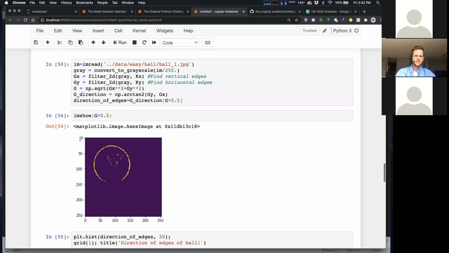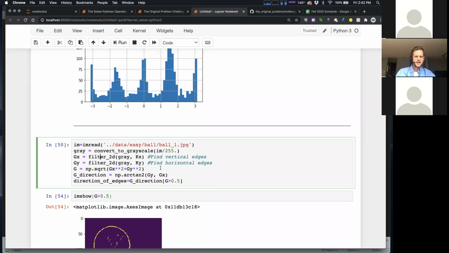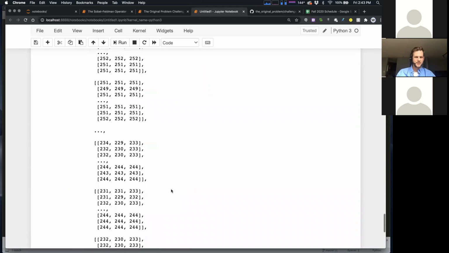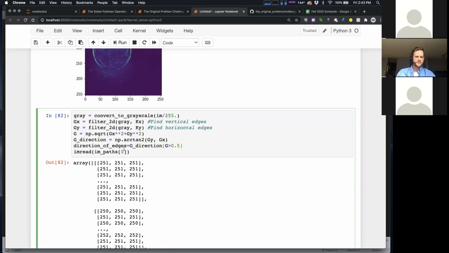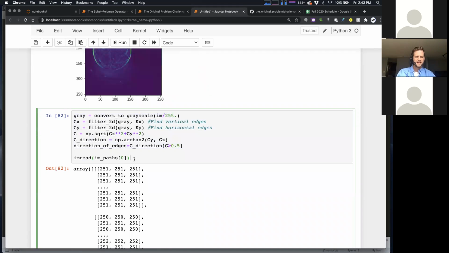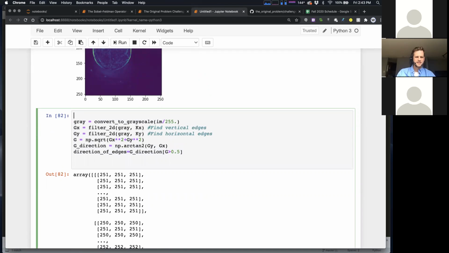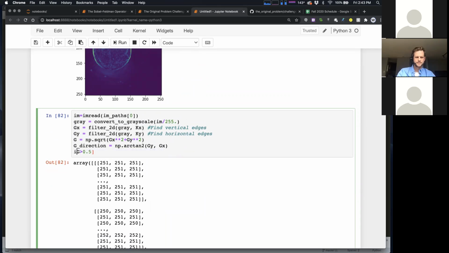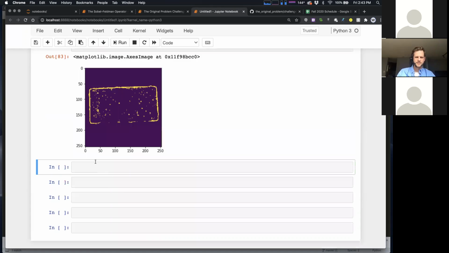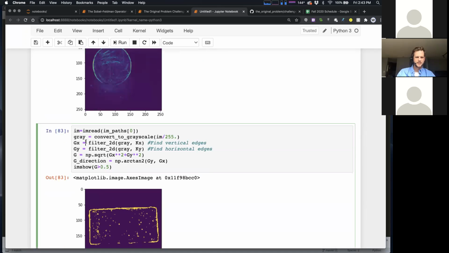You guys were asking about thresholding. I'm curious how well we do with one threshold. I haven't done this in a little while. I probably did this 2 years ago when I made the challenge, actually 3 years ago almost, but it's been a little while. So just for fun, let's see here. If I do something like this, I'm just curious how well a single threshold works. Let's try this. I'm going to do a subplot thing where I'll plot a bunch of different, okay, cool. So there's a brick.